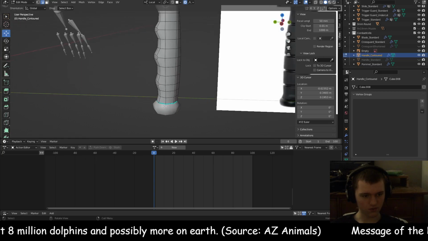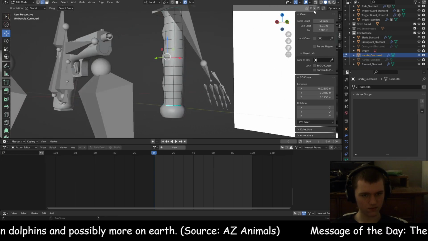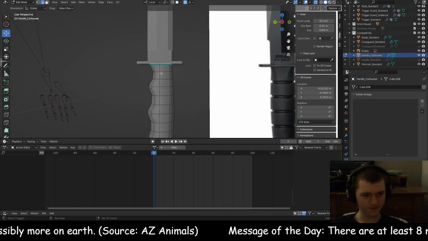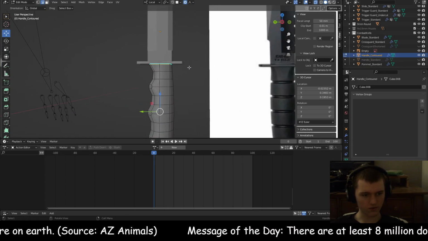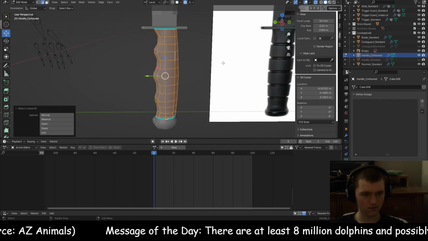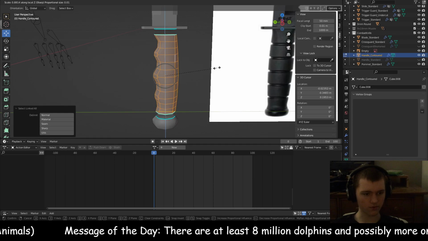So what I'll do is first of all make sure I have the whole thing selected, and then I will duplicate those and select link to the actual handle,